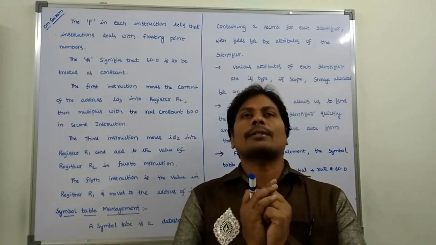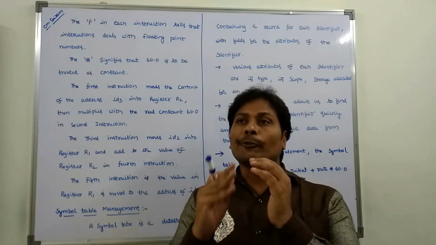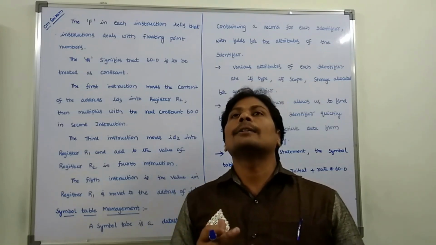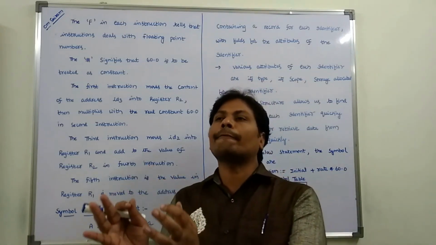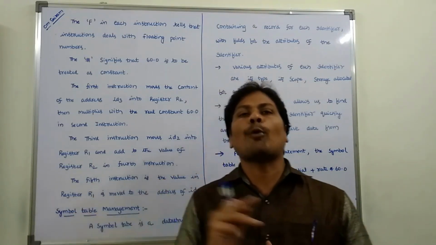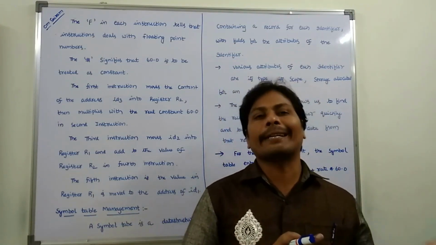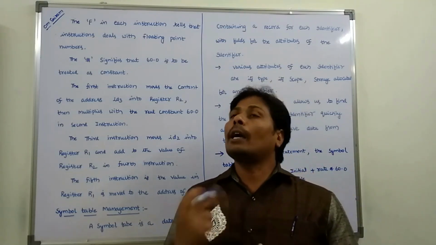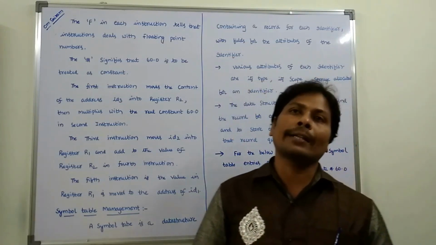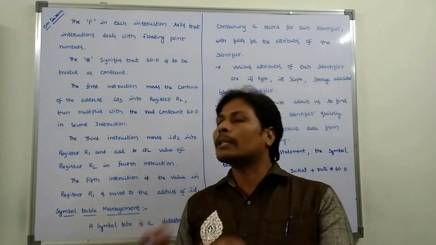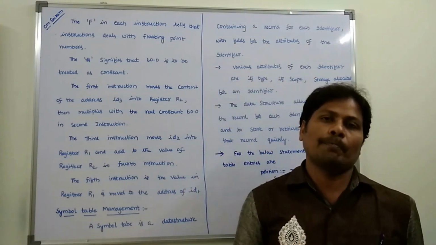This data structure allows us to store the identifiers and to find any identifier quickly. That means to access the identifier as early as possible. For that purpose, we have to use this data structure. And also we have to store the identifiers and their attributes in that record. For that purpose also we have to use this data structure. So that means